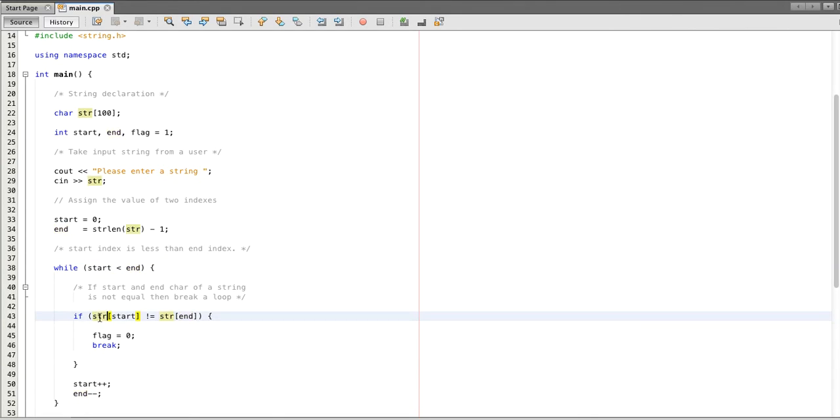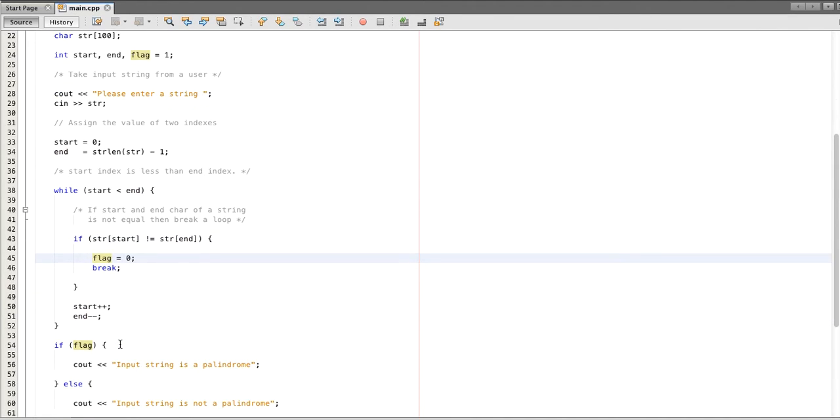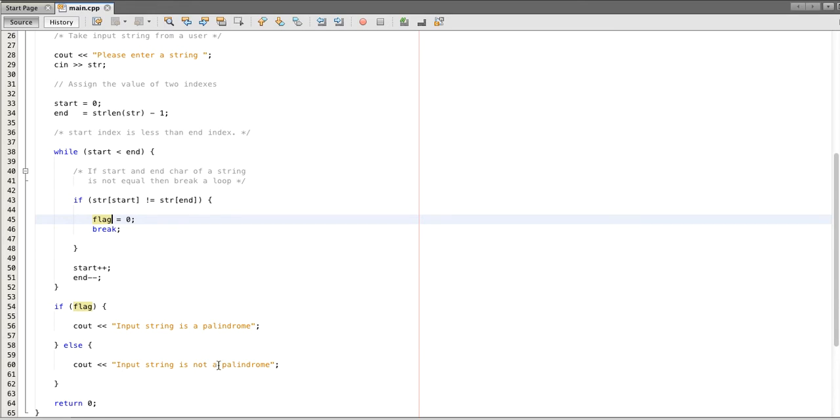string. If a start string first character is not equal to end, then we know that this string is not a palindrome, and we break the loop and printed input a string is not a palindrome. If it's equal, then this while loop will run,